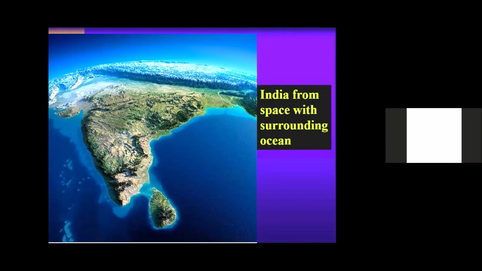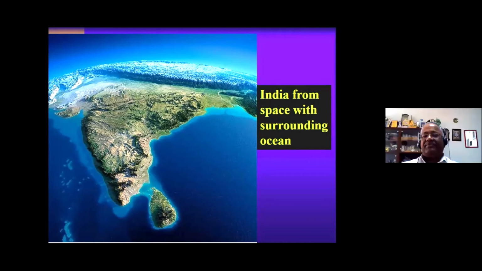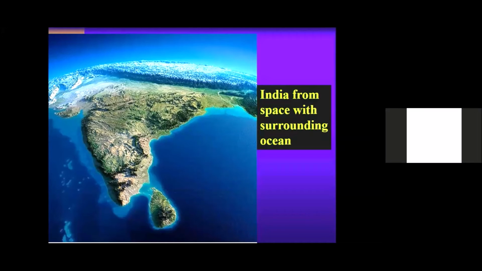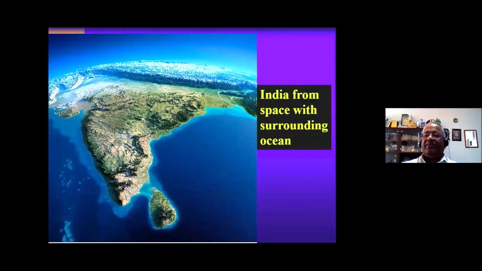Sir, there is an iceberg near Spain that is melting. Yes, icebergs keep on melting. In another 100 years, the sea level may rise. It was the biggest iceberg and then it broke off. Yes, they are all melting because of atmospheric pollution and the greenhouse gases we are emitting. Okay, so this is how it is.